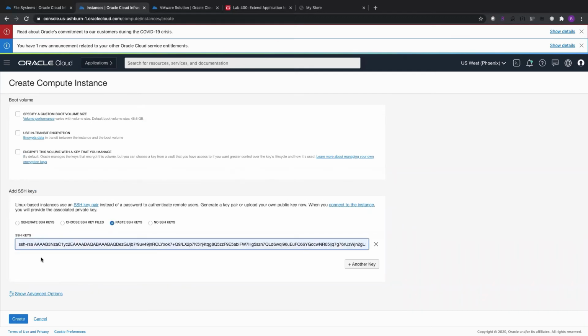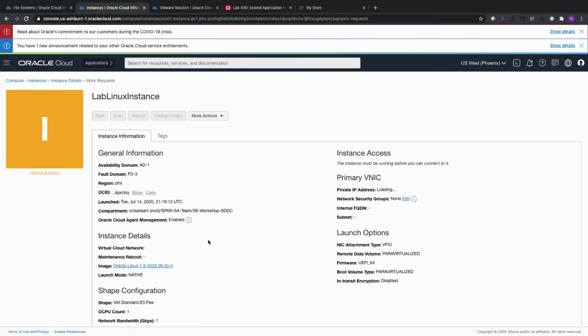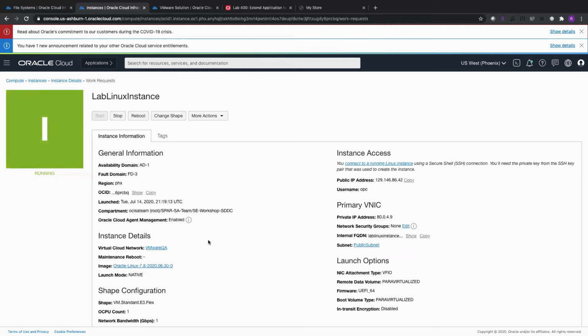Paste your SSH key so that you can remotely log in to the instance and click create. Okay, my instance is up and running. So copy the public IP address and log in to the instance on your local machine.